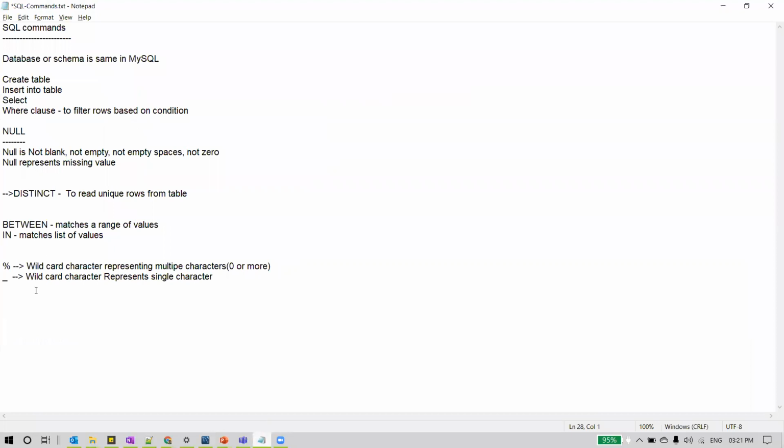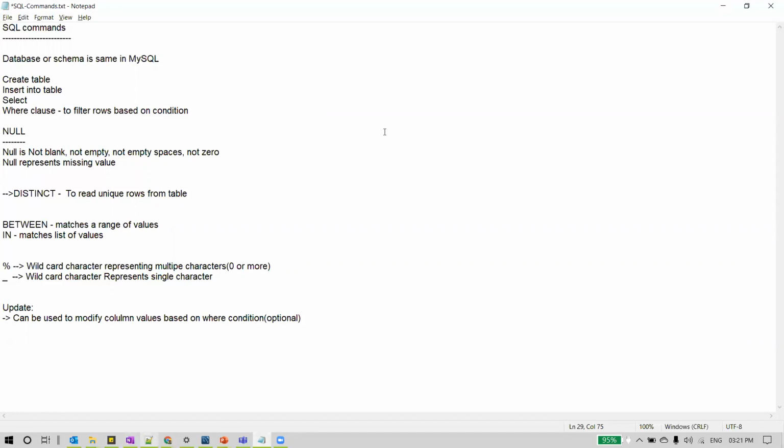So let me put it in the notes. Can be used to modify column values based on where condition, and this is optional. Where condition is optional.